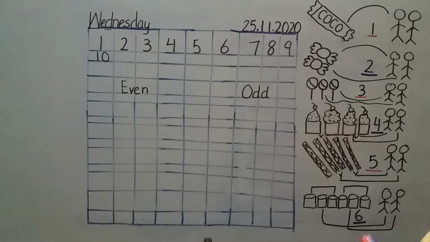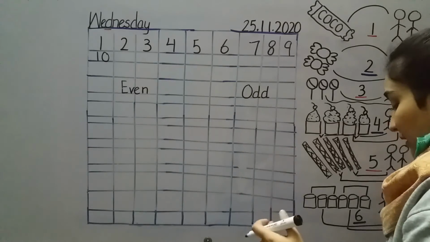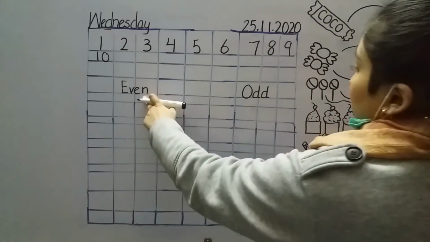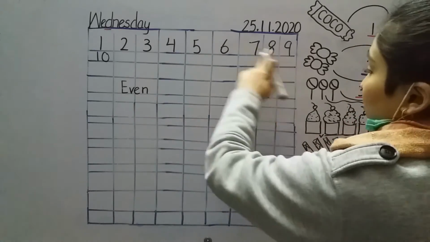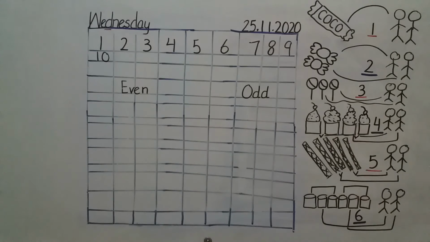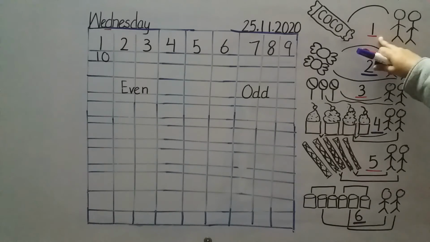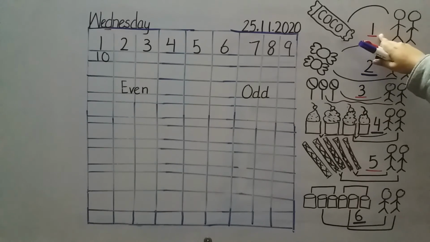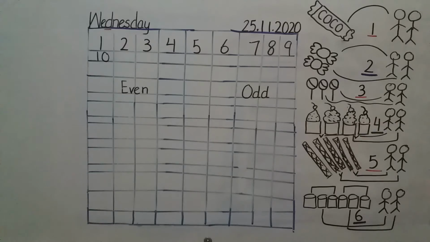On a number line, we write 1, 0, 10 together, not on separate lines, right? So it's the same as that. That is why I've written 10 in one block. Otherwise, it's in different blocks. I have even numbers over here and odd numbers over here. I just have to sort them out in different lines. Now, from the activity we did before, you found out that 1 was an odd number and 2 was an even number. You just have to remember that 1 is an odd number, and after that everything will be easy for you.